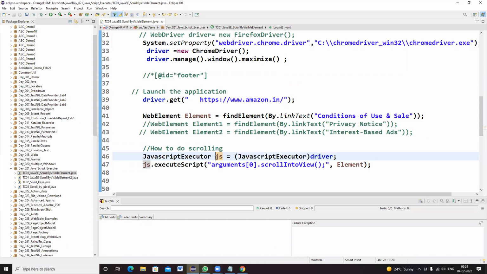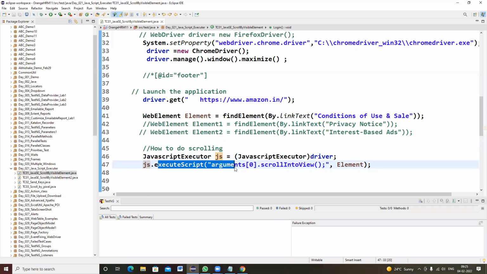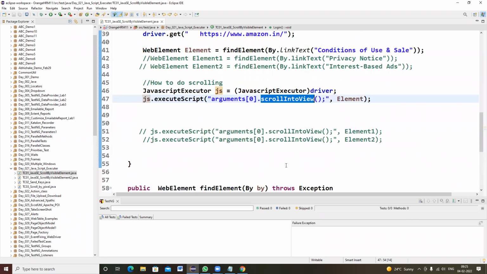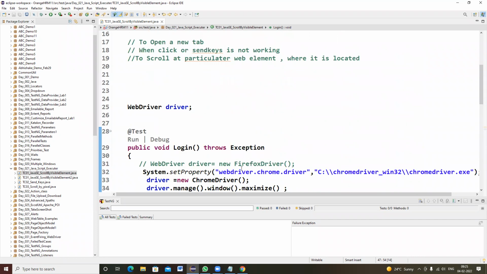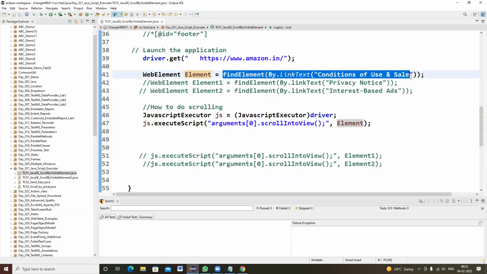And we are using this JavaScript executor object reference, that is JS dot execute script of arguments of 0 dot scroll into view. Scroll into view means that on the particular web page, you have to scroll, right? With the help of mouse, you're scrolling to the down of the web page, right? And you are using this particular line of code by using the object reference.